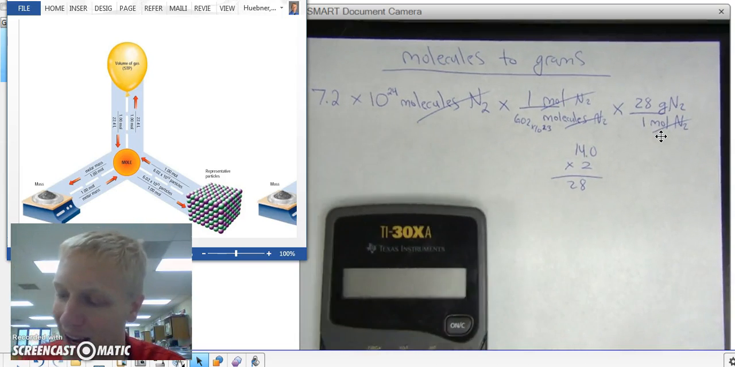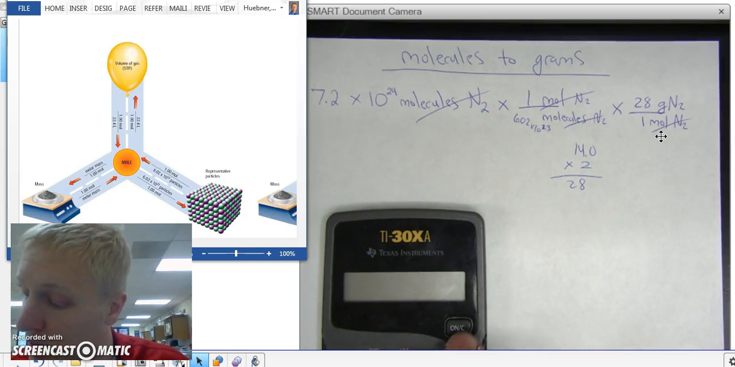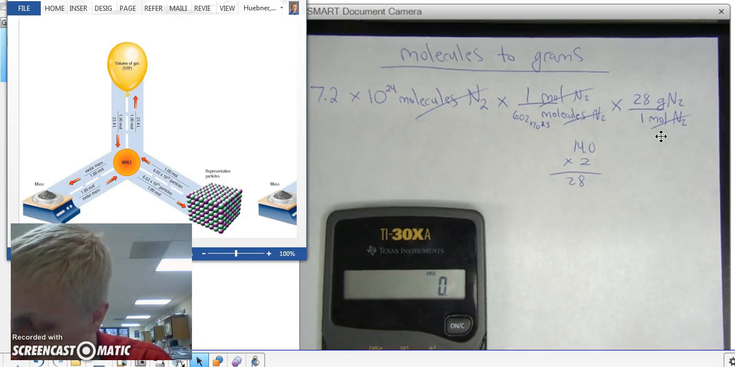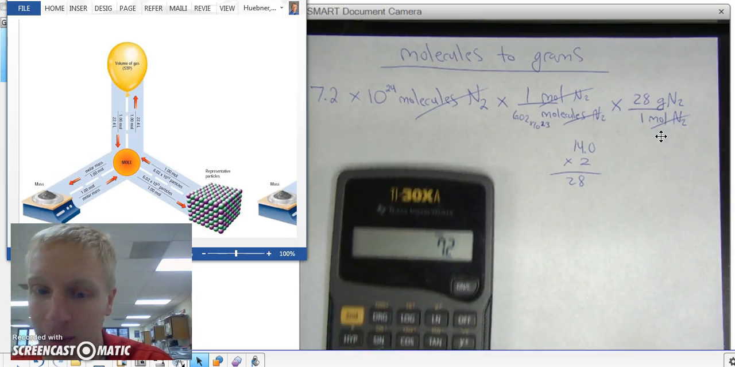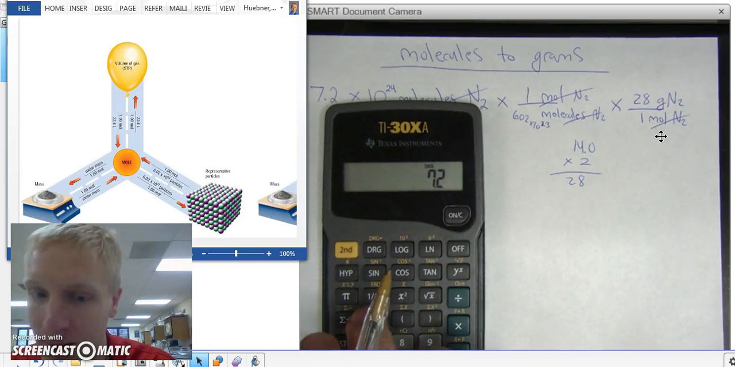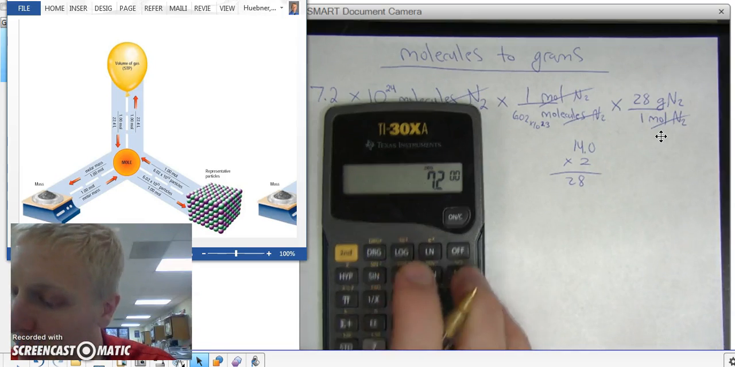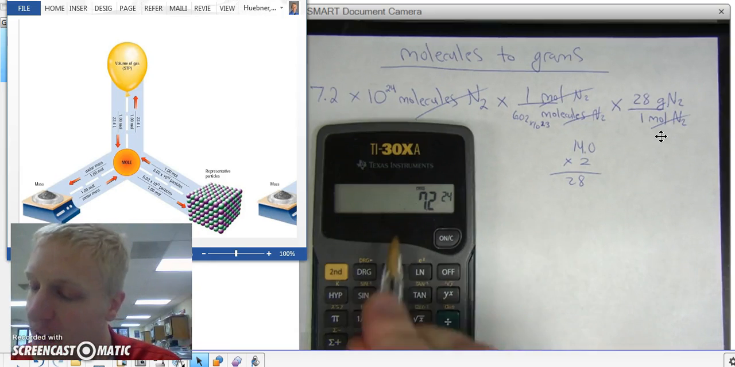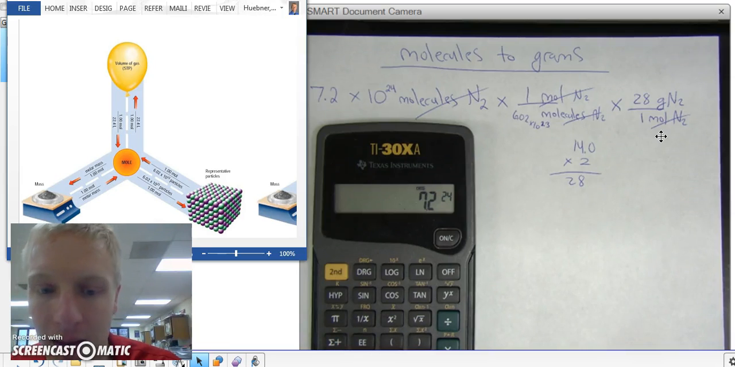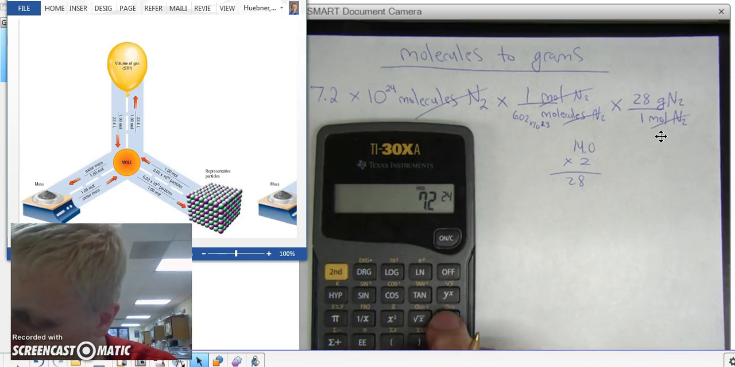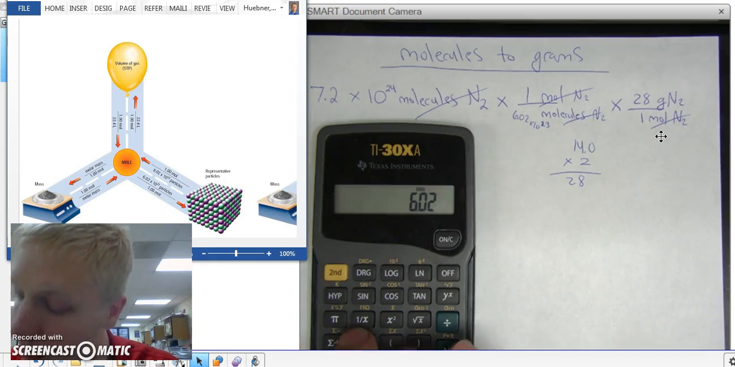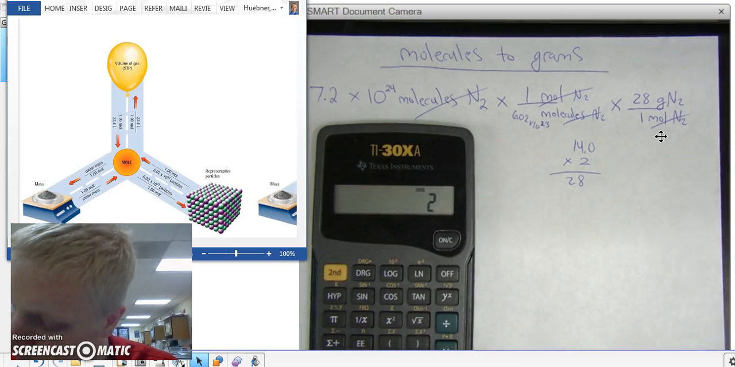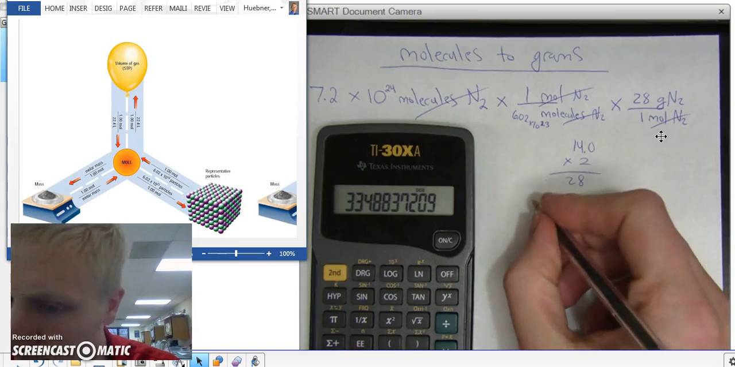So after that, I'm going to take my handy dandy calculator out, because we always bring our calculator to chemistry class. 7.2 times 10 is best represented by the EE button, which is right above the 7. And then I'm going to type in the exponent, which is 24. Don't need to type in any times 10 or any of that. Just 7.2, the EE button, and then 24. Times it by 1, divided by 6.02, EE button, 23. Let's enter. Times it by 28, divided by 1, gives me a total of